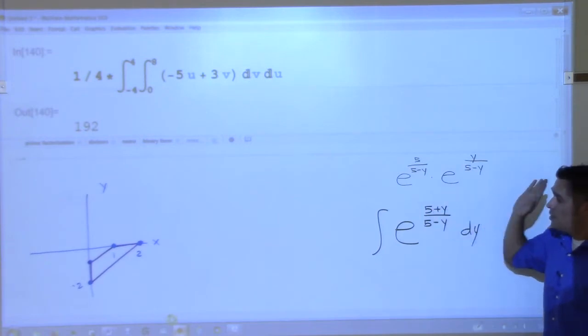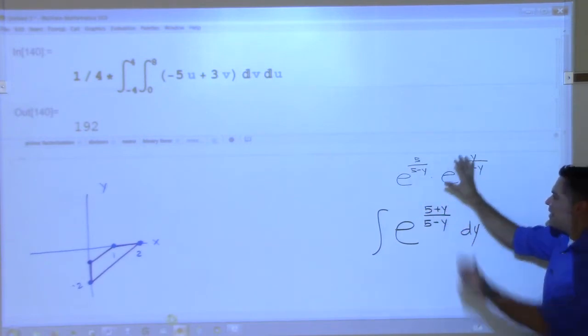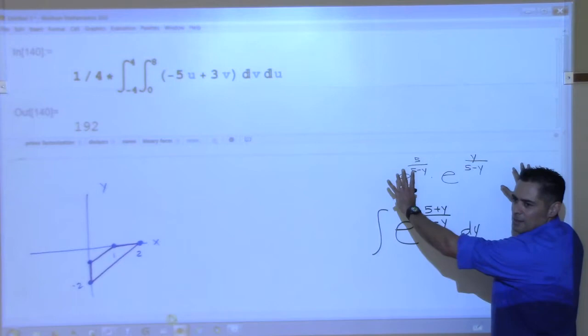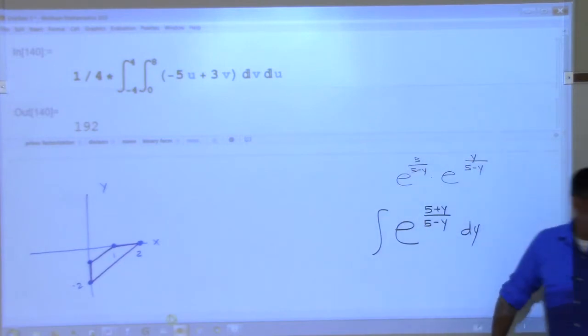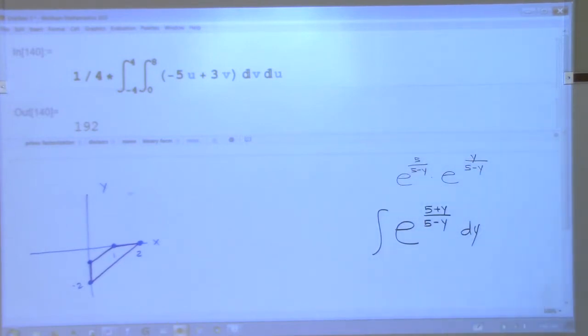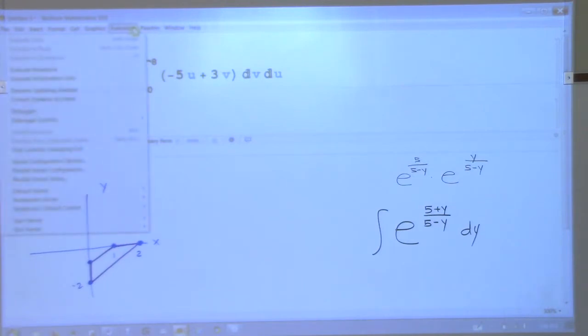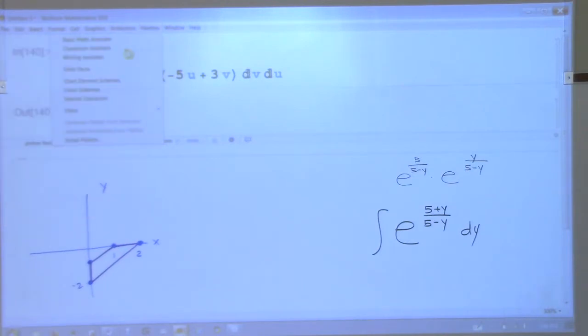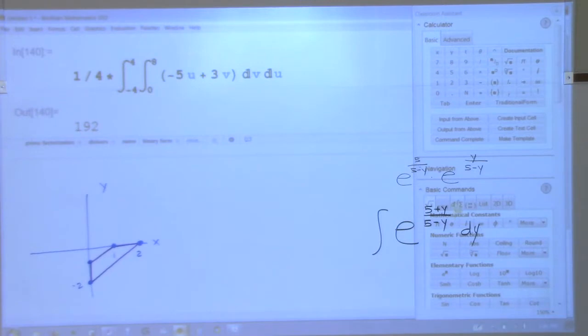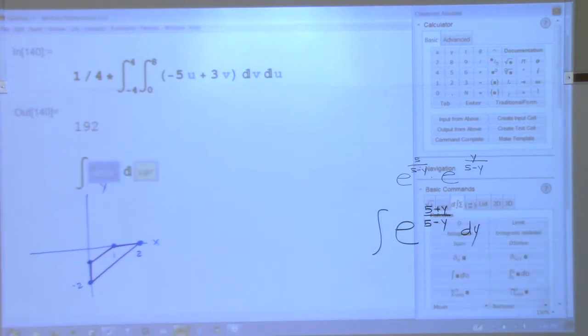The problem is, what now? Because you can't split this into two integrals. You've got to keep them together. Look, let's just see what the computer does, because the computer is usually very telling. If the computer gives us some craziness as an answer, that means there's no way we were doing this, all right? Okay, so this is exponential of 5 plus y